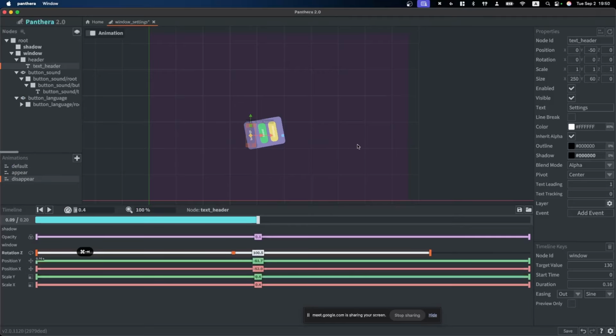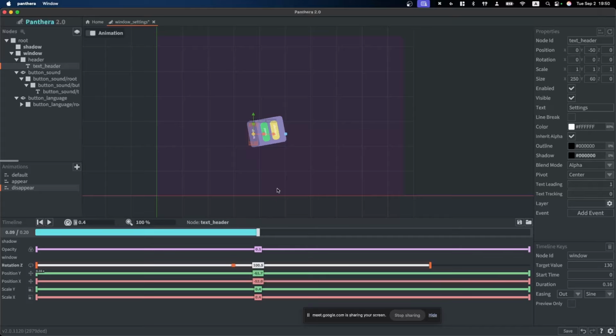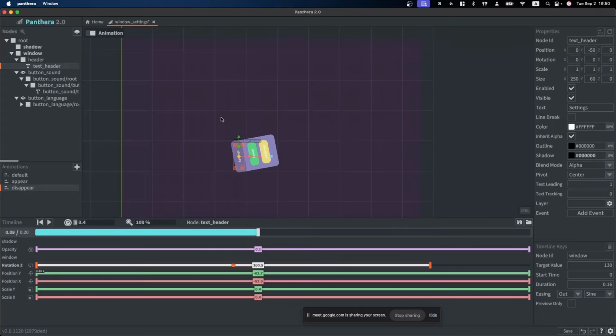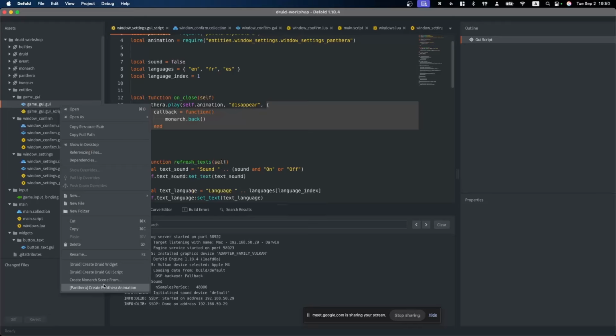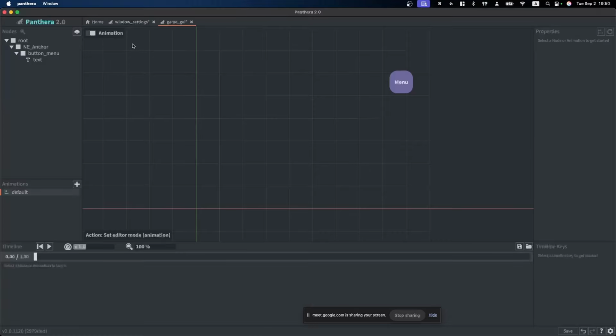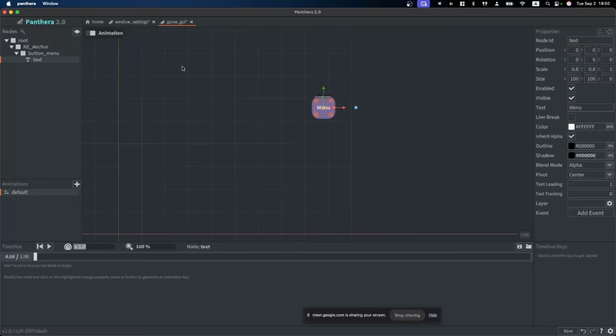So it's pretty powerful and can make life easier for making simple animations. It takes like several clicks: Game GUI, create Pantera animations, press M and start to make something. That's our menu button. So I think it's a general overview of Druid Pantera.